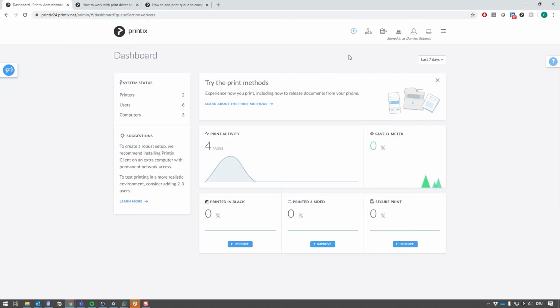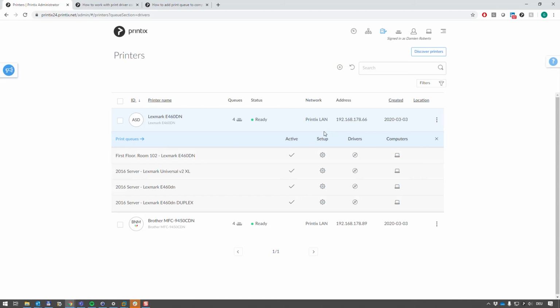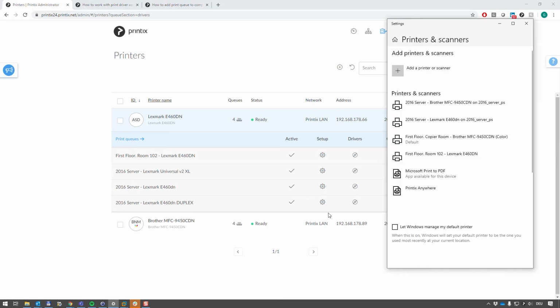Printix will now take a look at the printer queues known in Printix Cloud, and it will realize that there are matching queues. This is based off of the queue name. These are the printer queues that are still hosted from my server, and the queues are also apparent over here in Printix Cloud. So once I restart the Printix service or reboot my computer, it will read the configuration, and